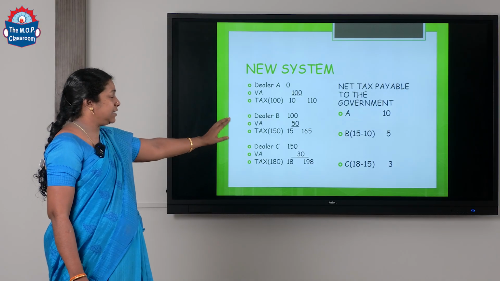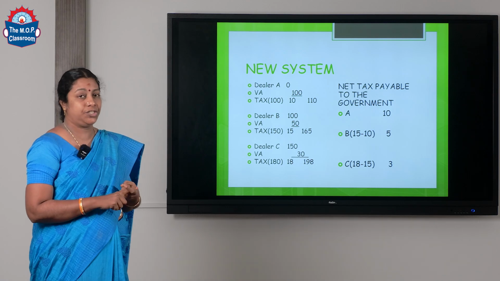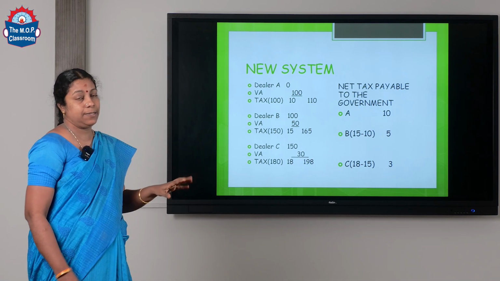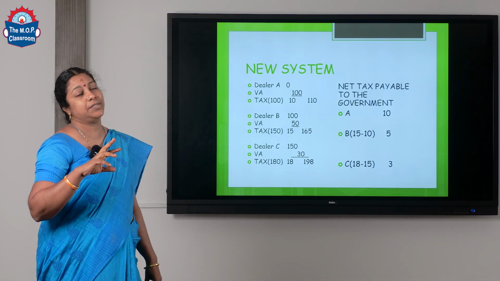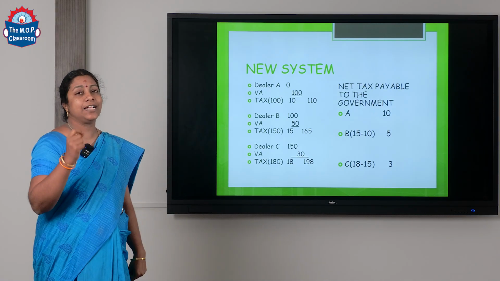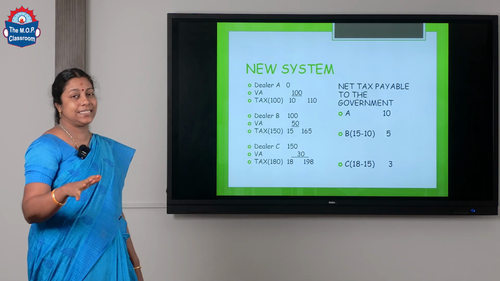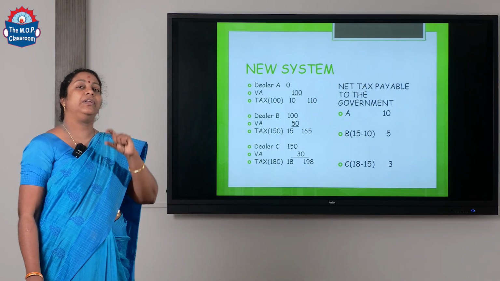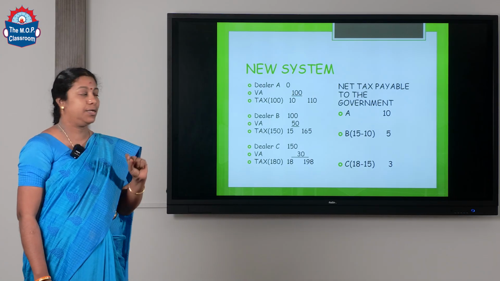If you calculate the other way, it is a tax on value addition. Kindly look into how much is your value addition in the second stage? 50 rupees. How much is the tax percentage? 10%. So, 50 into 10%, how much does it come to? 5 rupees. That is why it is called a tax on value addition. VAT, value added tax. GST is a value added tax. It is not on the whole component. Whatever the value addition that we have made, only on that component are we going to charge the tax.